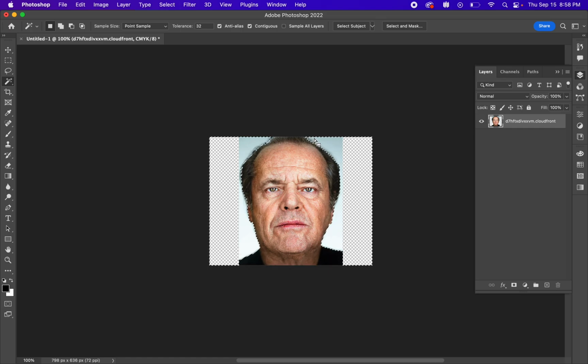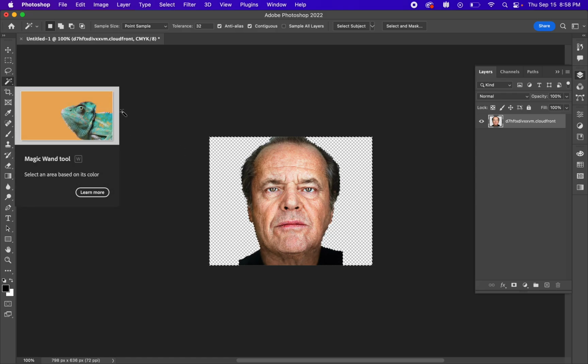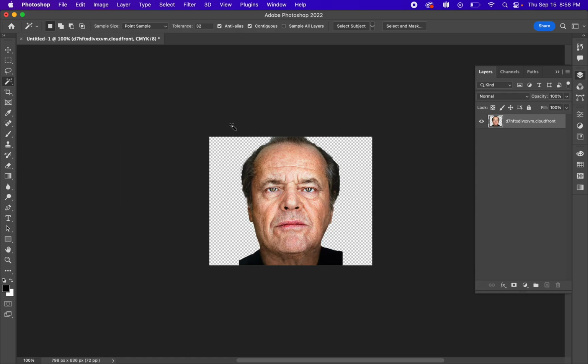And now notice how the marching ants are marching around everything that is around our subject. So from here, you can go ahead and click delete, and notice how our subject is now isolated. I'm going to go ahead and make sure that my magic wand is selected, and I can just go ahead and click anywhere to remove the marching ants. Once I have removed the entire background and I only have the subject left, we can go ahead and save